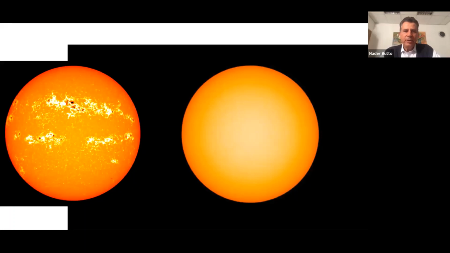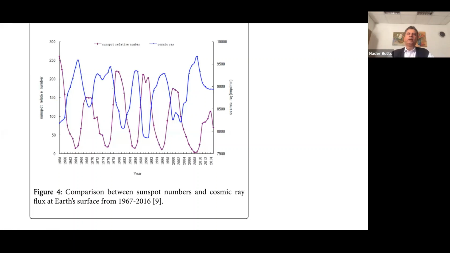And here you can compare the left side, where you have the maxima of sunspots, with the right side, which is our sun in this period. It's a real image of our sun in this period, and you can see that it's completely clear. There are no sunspots. It's interesting, the relation between the sunspots and how they influence our